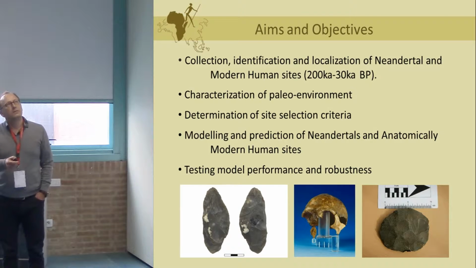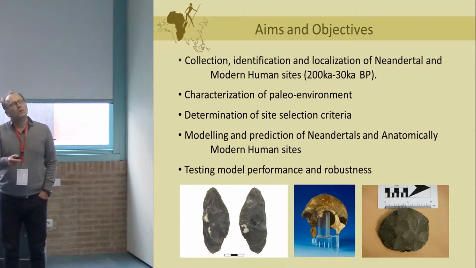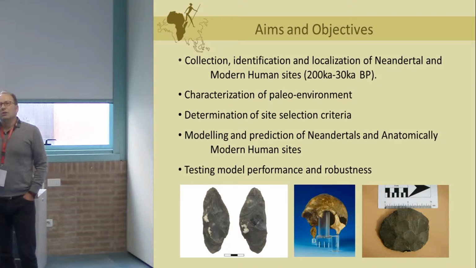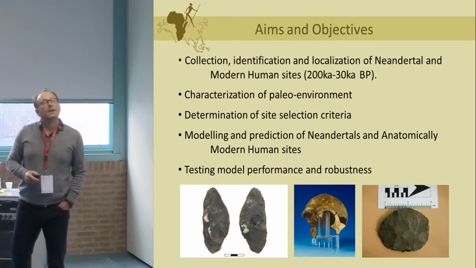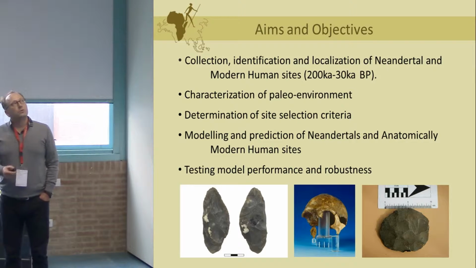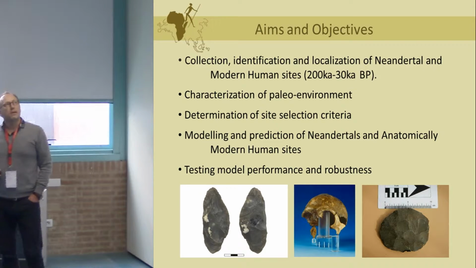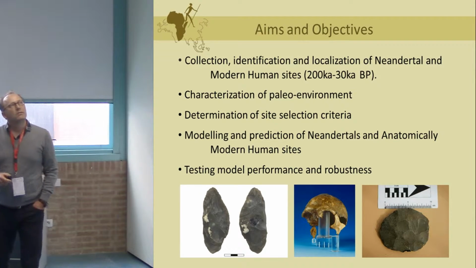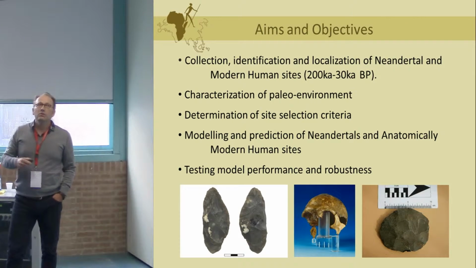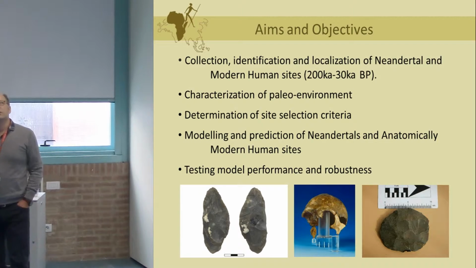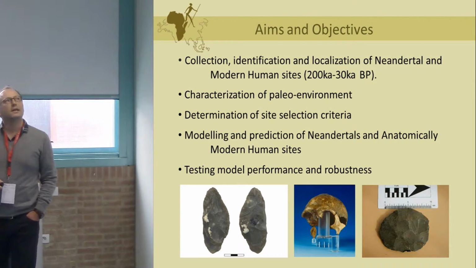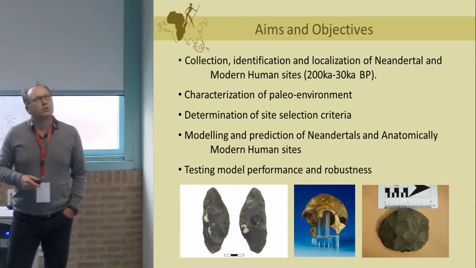So in this case we want to focus on a time frame of about 200,000 BP to 30,000 BP. With the approach, we want to characterize the paleo environment, and what we want to get out of it is the site selection criteria of these early hominins, so of the Neanderthals and the anatomical modern humans,